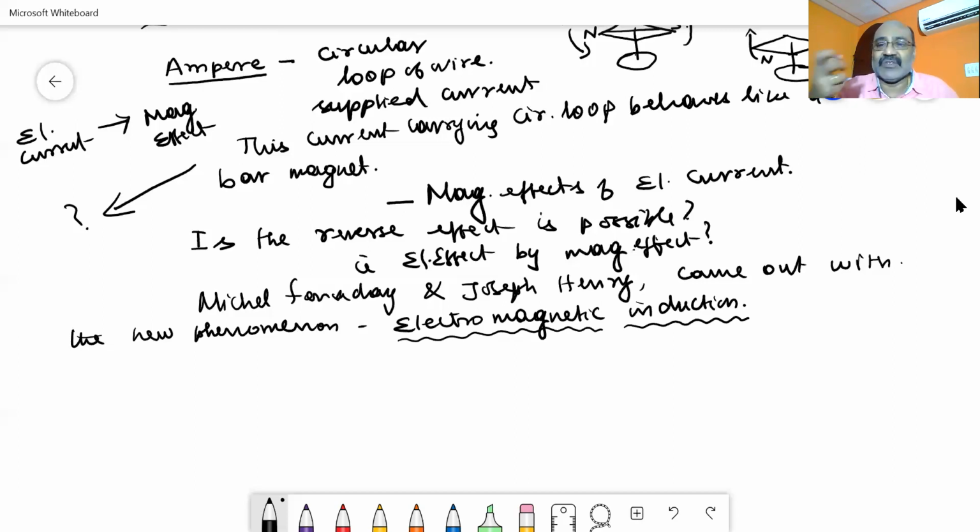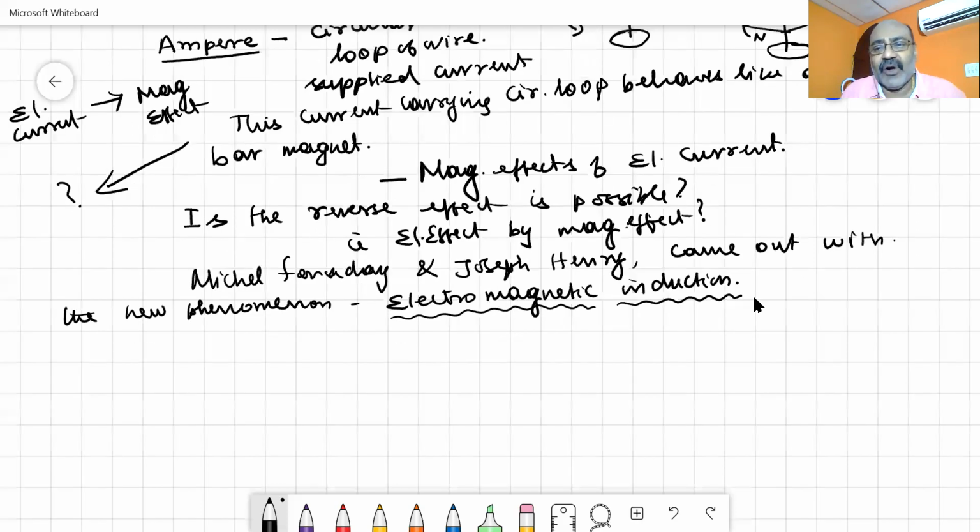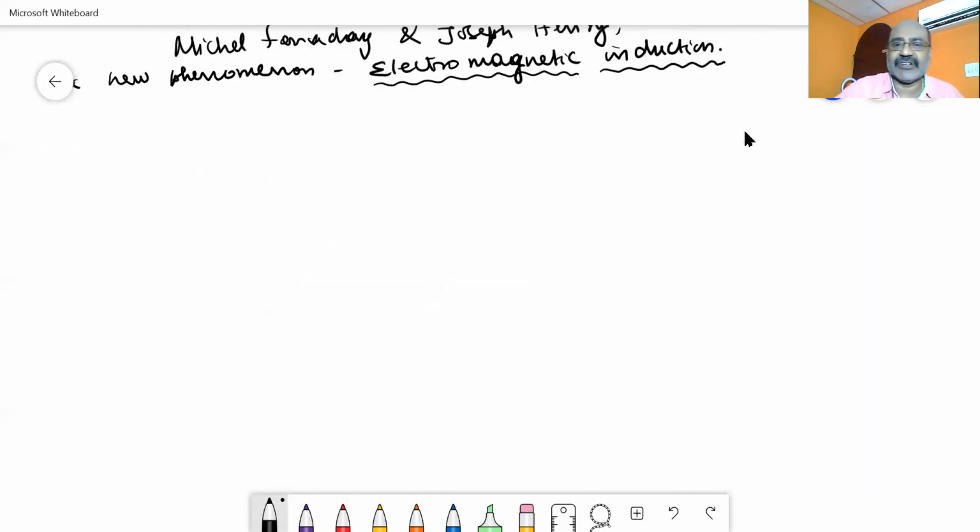So a major concept regarding electrical current, electricity was being generated with the help of this phenomenon called electromagnetic induction. Under this phenomenon only we are studying about the generators, either the AC generator or the DC generator or three-phase AC generator, like that. So let us study this phenomenon called electromagnetic induction in detail. See, before going to study electromagnetic induction, let us define what we mean by magnetic flux.